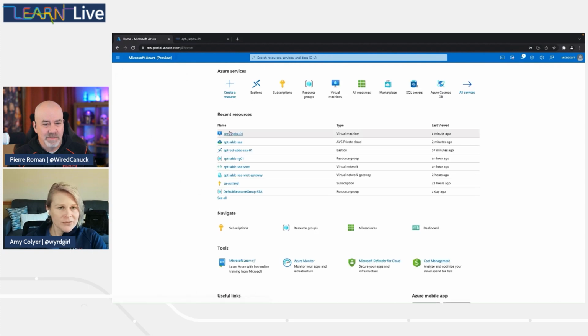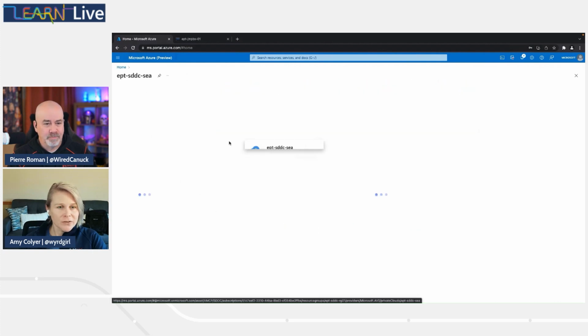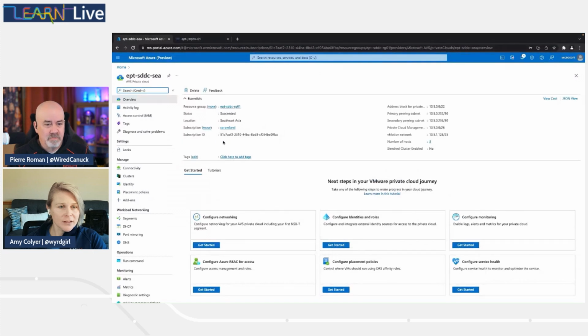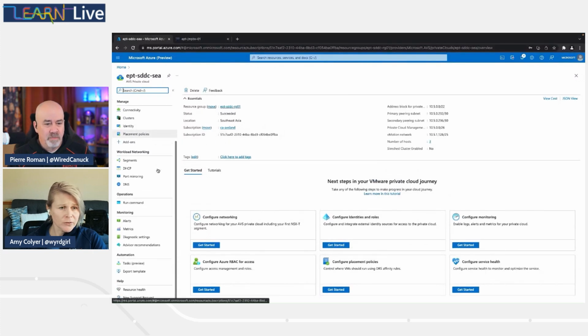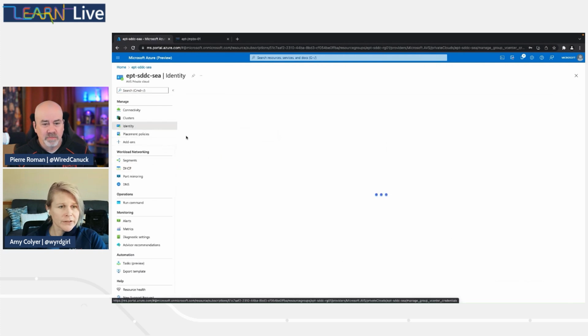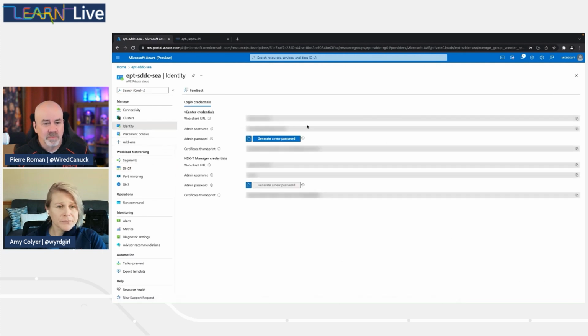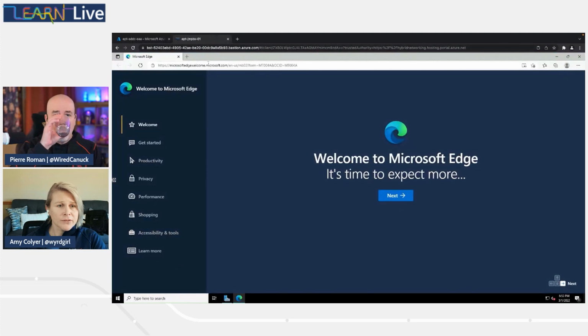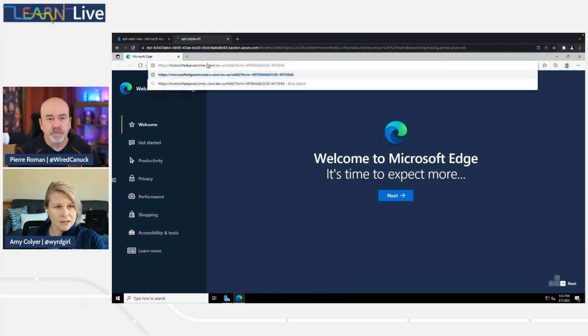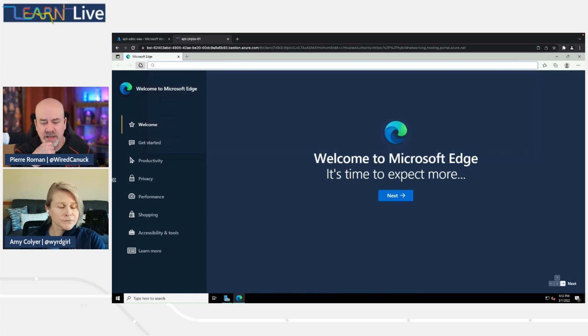check out my credentials that are stored here. So if we go to the environment, the AVS cloud here, if I go to identity, there it is. Okay. That's where the URL for vCenter is. So copy to clipboard. Of course, the username and password as well, just like when we logged into NSX-T. Having problems here. Okay. And while you're loading that information and logging in,